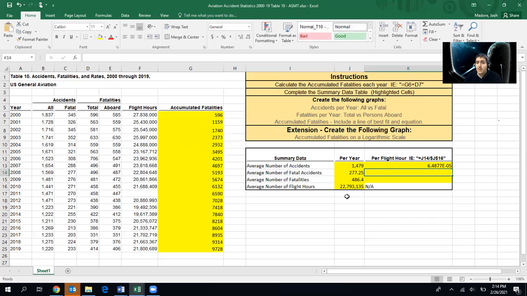Now let's press enter, and we see that there have been a very small number of accidents which have occurred in any given hour of flight time. If we copy and paste those down, and click that little handle down there, we can see that in any given flight hour, we have very small numbers of fatal accidents, very small numbers of fatalities, and we would expect that, right? Because there have been a very large number of flight hours, 22 million of them, and